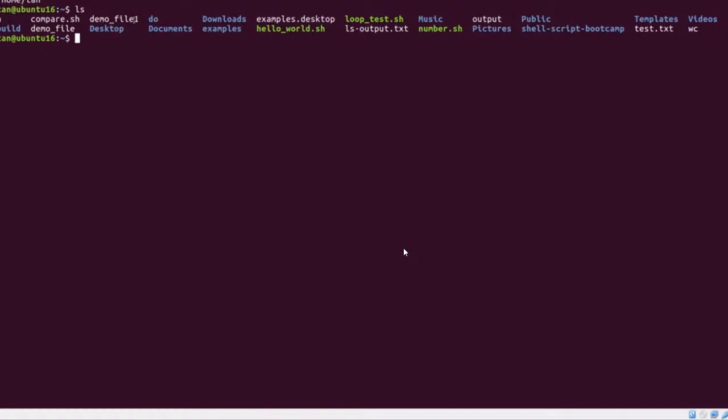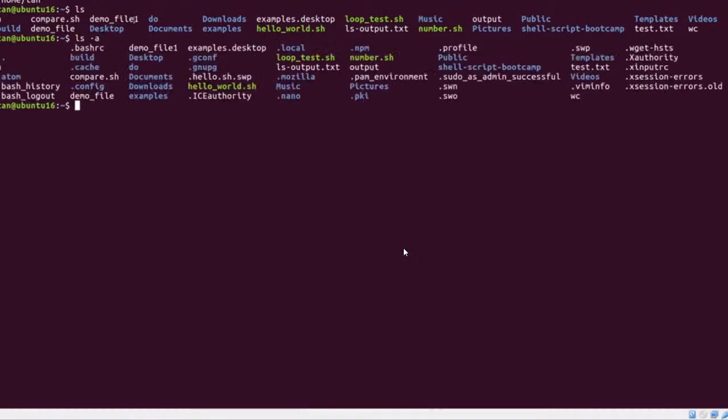The first option I want to talk about is how we show all the hidden files and folders. To show the hidden files and folders, we use ls -a. A mean all. You can see all the directories and folders that start with dot here are listed out. Okay,